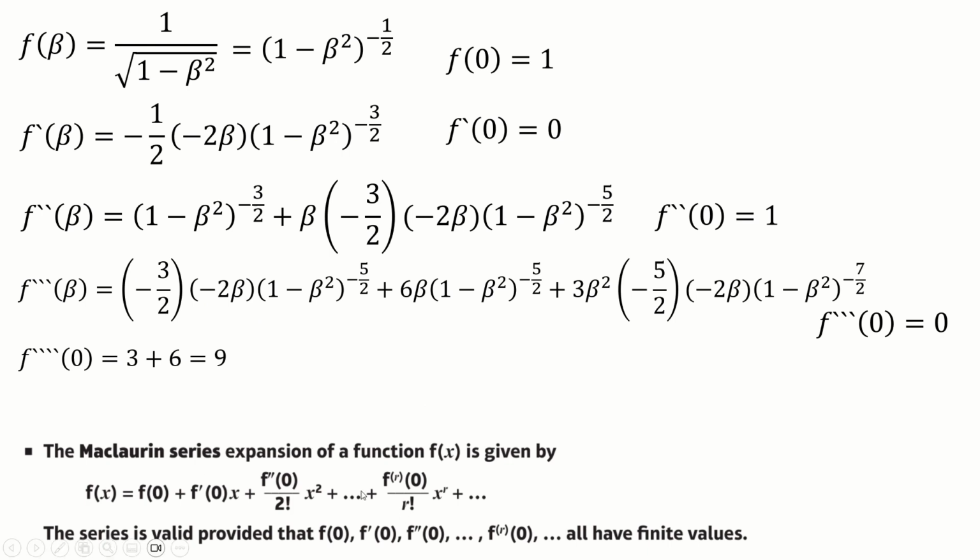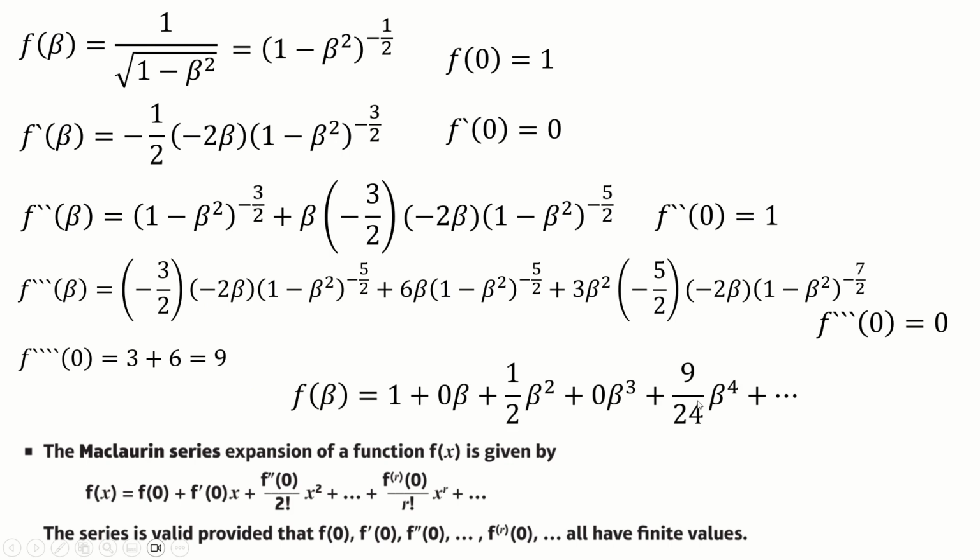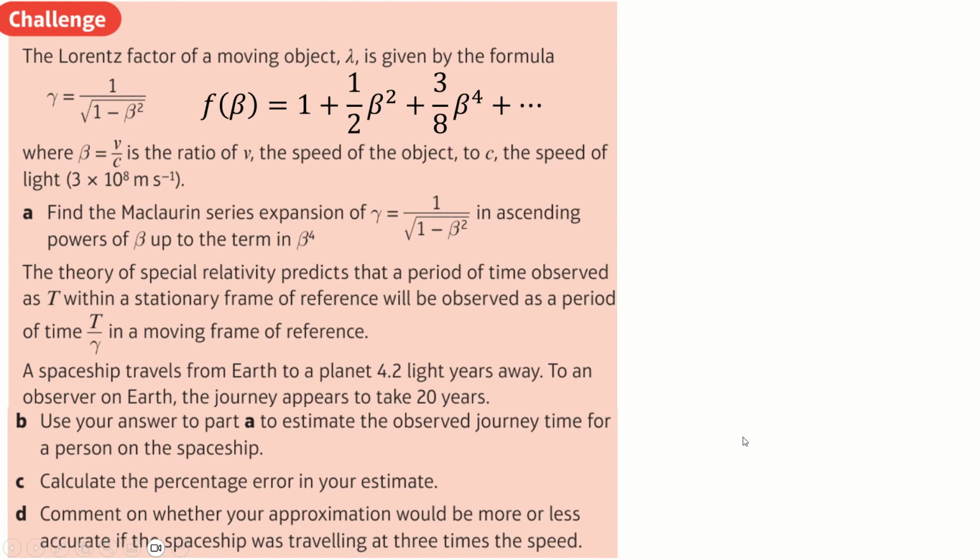Cool. So now I think I'm ready to use the Taylor series evaluated at 0, and I can just say it's this. Which of course I can condense down. I don't need these 2 times, and that simplifies, and I get this here. So cool. That's the first part of the question. The theory of special relativity, which I do vaguely remember doing in second year,